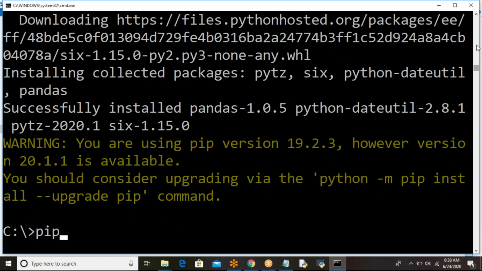Then again, pip space install xlrd. This is a package that is useful to retrieve data from Microsoft Excel spreadsheets. If you want to retrieve data from Microsoft Excel files, then you are going to use this package. Click enter.